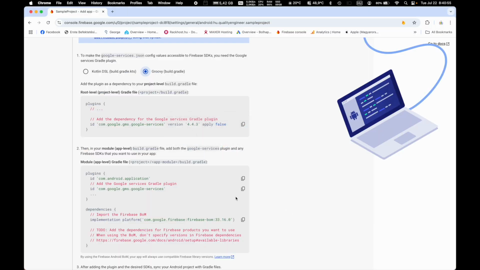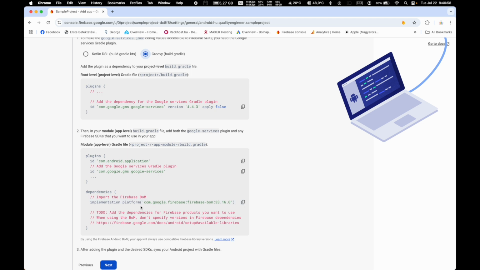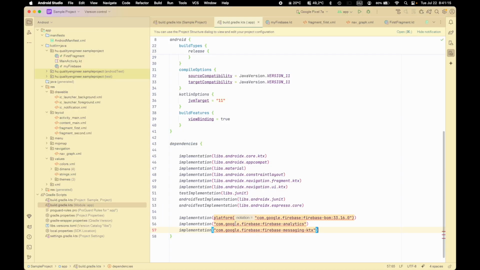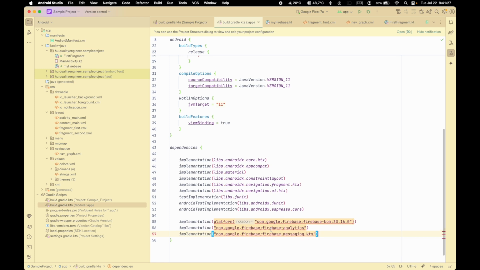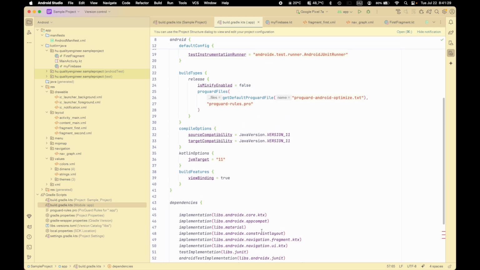One thing I should mention: these additions are just containing this BOM implementation. But if you want to send messages, or if you want to have analytics, then you should implement some more here. So this Firebase Analytics and messaging service I added to the project, and this will help to run